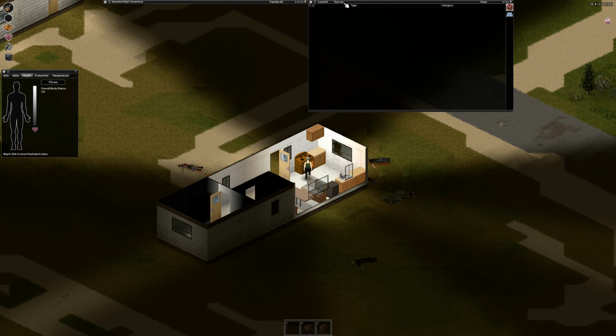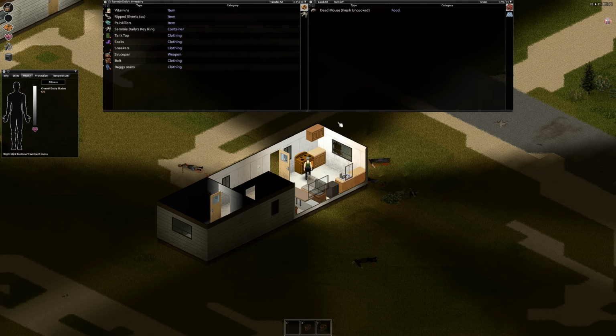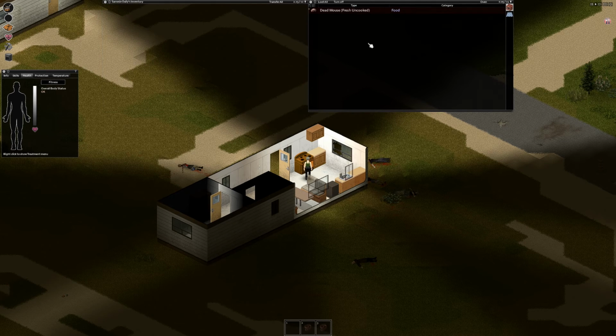And we turned it off. We're going to click right here and turn it on. And I'm going to take the dead mouse and throw it on the stove. And you can see it starts to turn red as it heats up. Okay. And you don't have to have a pot or a frying pan or anything like that to cook some